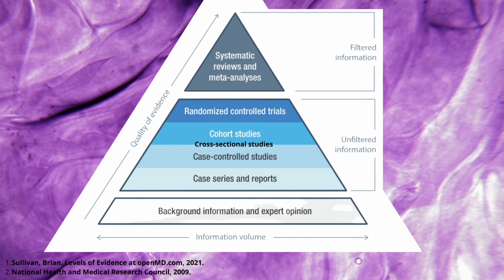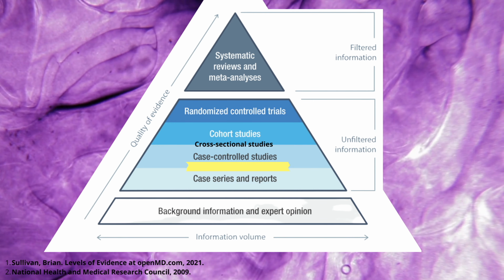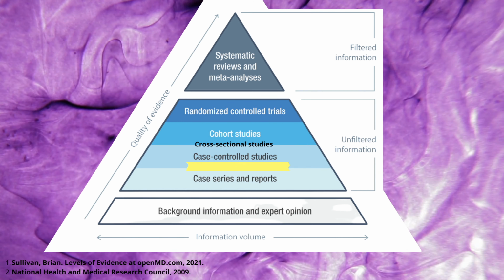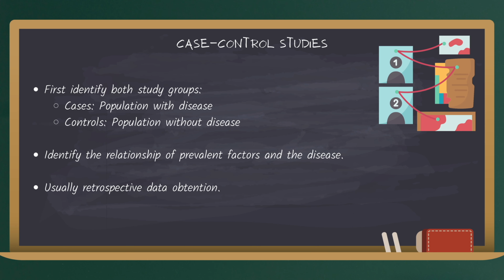Okay then, case-control studies are the next observational design that we will briefly introduce. First off, we need to identify which are our cases and which are our controls. These studies aim to identify a relationship of certain factors observed within the disease and without the disease or the condition of interest, which is why you compare both groups in terms of these prevalent factors. Most of the case control studies are retrospective since you first identify the groups according to the effect of the